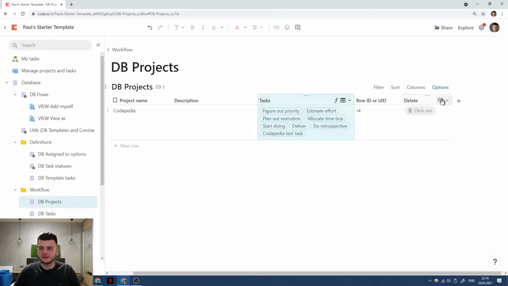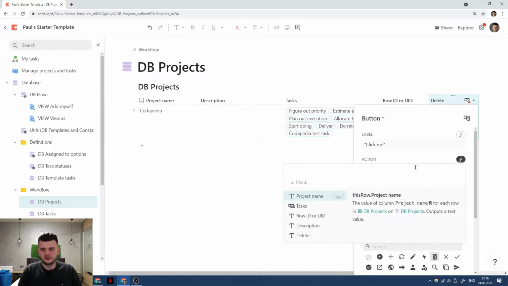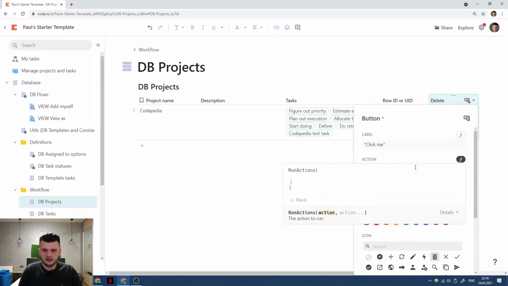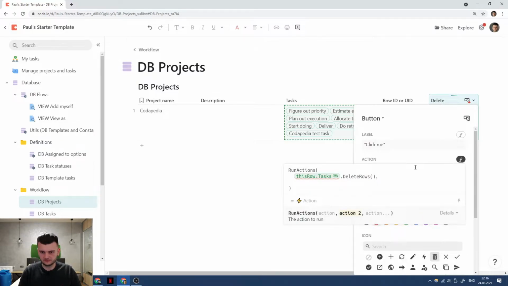All right. So yeah, what would people do normally, right? Now it's going to take a while for me to get out of the habit of automatically pressing Shift Enter into spaces. So now I'm going to struggle for a while. So what they would do: this row, tasks, delete rows. And then finally this row, delete